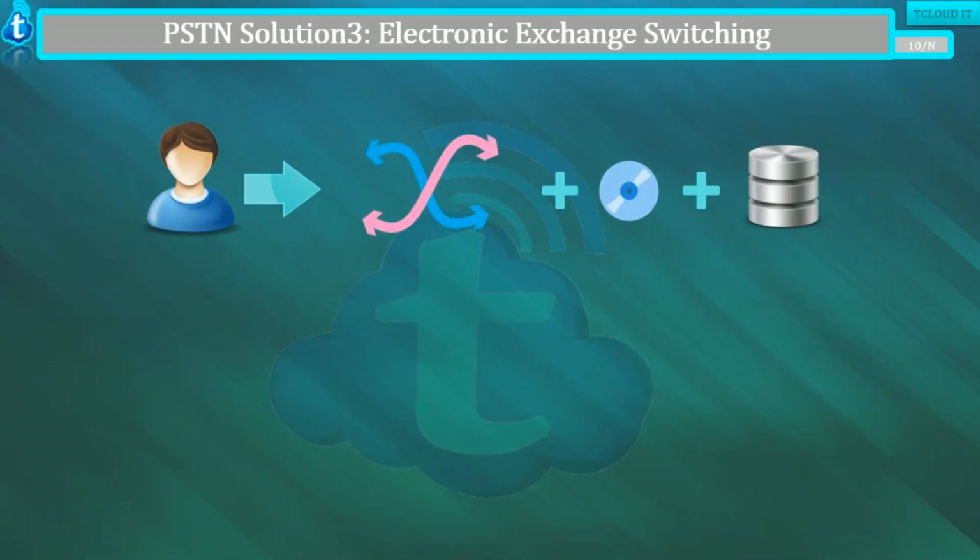Immediately, what decision will the human brain, or the operator's brain, take? This call should not be completed. I should not do this call because this person did not pay the money. So why should we make the call for him? I should tell him the same thing and cut down the call. So there is a decision being made by using the information that is present in a book,